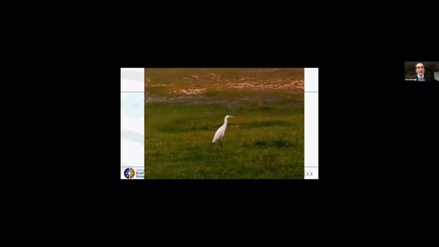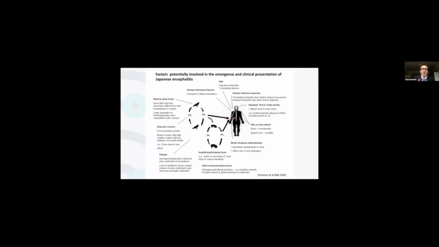And indeed, I was in a hospital in Sarawak where we were working on JE, looked out of the window and rather depressingly saw, you can see here's the cattle egret, and just behind it is the swampy waters where these Culex tritaeniorhynchus mosquitoes grow. And I guess this is the moment when it occurred to me that we really need to adopt these kind of One Health approaches. There's no point just waiting for patients to come to hospital to deal with these problems, and especially if you've got the perfect ecosystem to generate the problem sitting outside the hospital. So there's a range of factors here involved in emergence and presentation of patients with Japanese encephalitis.